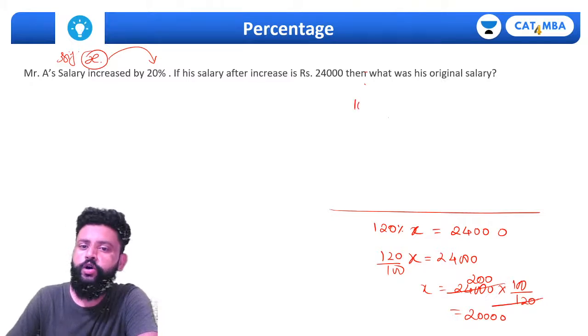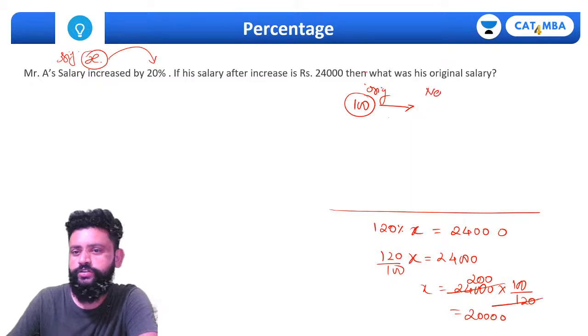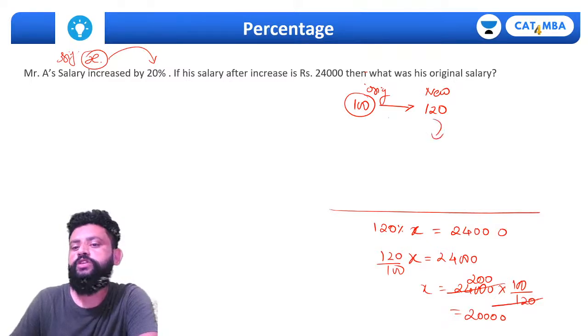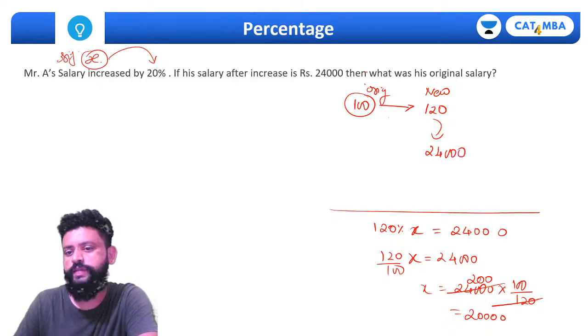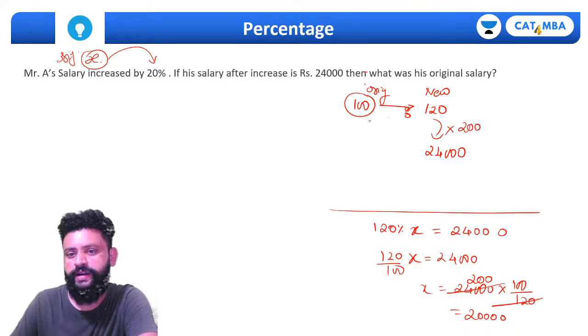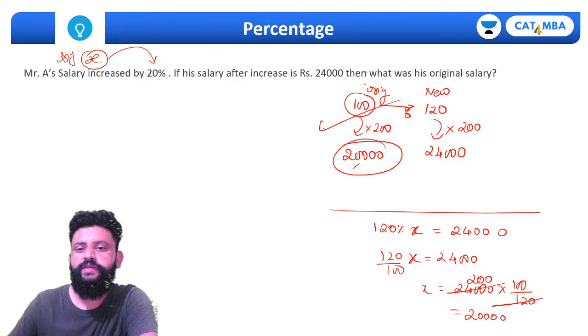Listen, if the original salary is 100, then what will the new salary be? If the original salary is 100, the new salary will be 120. Is it right? Now the new salary is 24,000. So by what value should you multiply 120 to get 24,000? Say, if it was 10 here then it was 12 there, you can do it like that too. So 12 into, I can remove the 0 or you can keep the 0 and simply multiply. This must be into 200. So into 200, that comes out to be 20,000. The most preferable method, if the values are very easy,